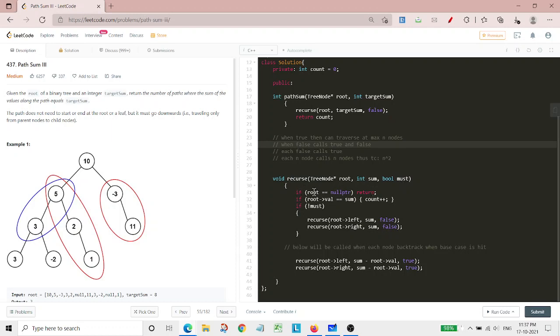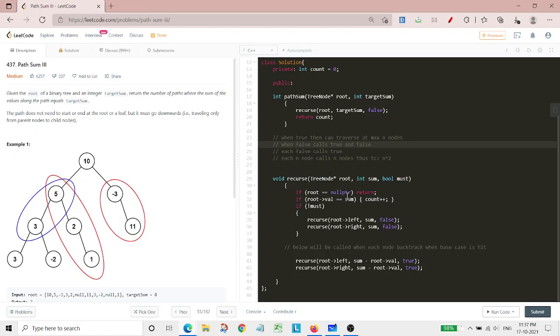So the base case here is that if root equals null pointer, then we return. And if root value equals sum, then we simply increment the count. When we are consecutively subtracting those nodes, there would be a node which will be equal to this particular sum.